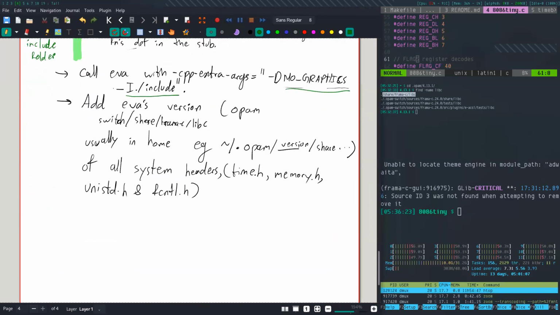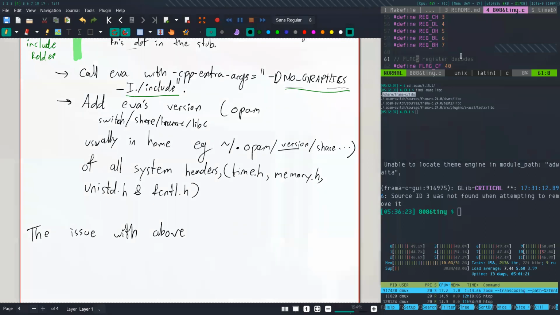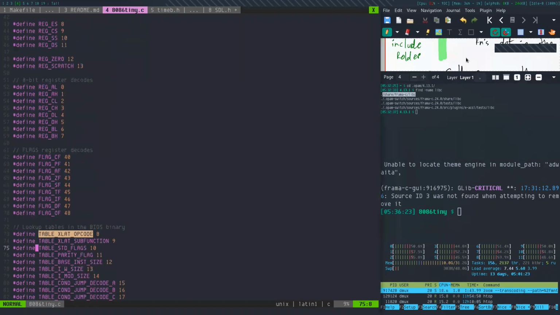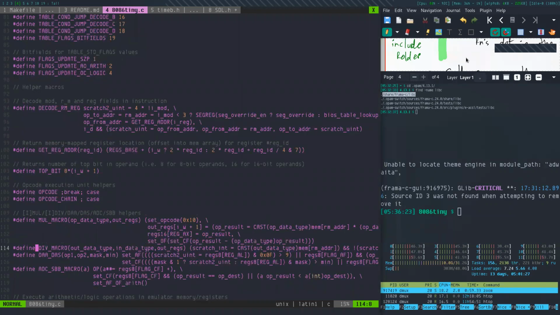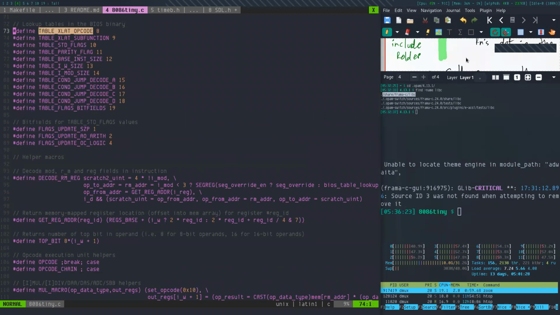So this is the second part. The third part is to actually make EVA meaningfully verify, right? The issue with the above is basically that when you're doing this, there are certain things that the emulator needs to work properly, which are not being loaded. So if I go to the main,